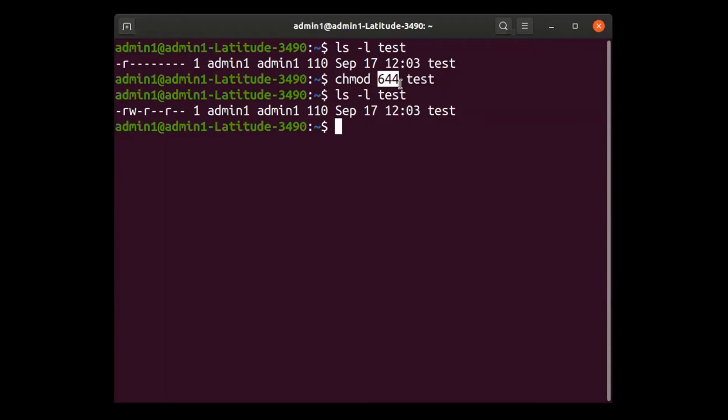Unlike in your symbolic mode, which basically tries to add to the existing permissions, or tries to remove from the existing permissions, right? So basically, if somebody asks me, I will put it like this. The absolute mode overwrites your existing permission, right? A simple way of telling is absolute mode overwrites your entire permissions which is already existing, right?